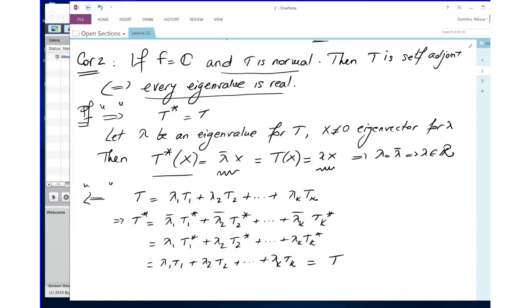How? If it was an orthogonal projection... But T itself, that's the idea. That's exactly the idea of the spectral decomposition theorem. T itself is not an orthogonal projection. Right? T is just any operator that is normal. Any normal operator, according to the spectral decomposition theorem, can be written as a linear combination of orthogonal projections,